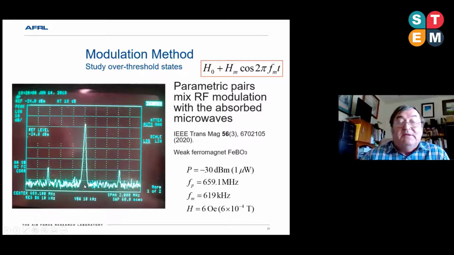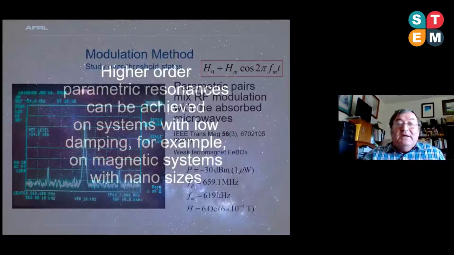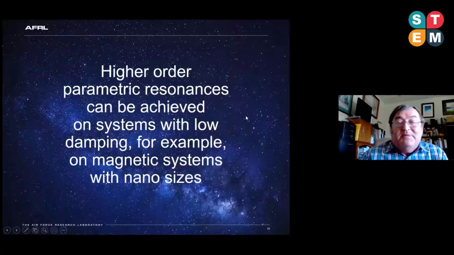If we're below, we don't have these two satellites. Okay, so higher order parametric resonances can be achieved in systems with low damping, for example, magnetic systems